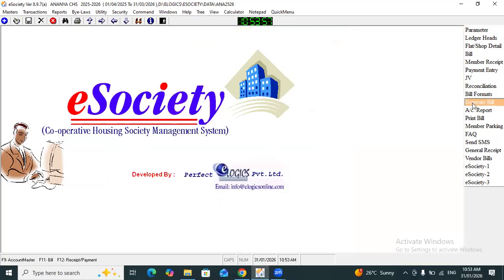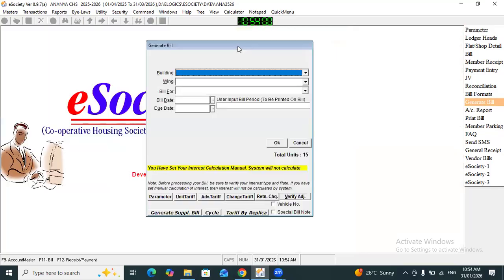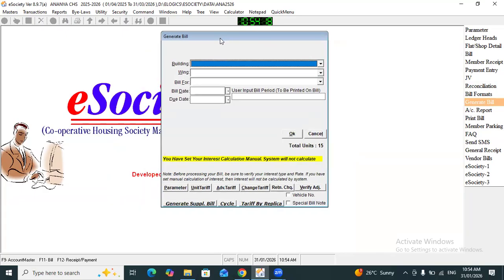Now again, we'll go to generate bill. Here we can see the text highlighted in yellow color, which says you have set your interest calculation manual, so the system will not calculate. If by mistake you ticked the option allow manual interest calculation in parameter, but you want to generate the bill with the system generated interest,